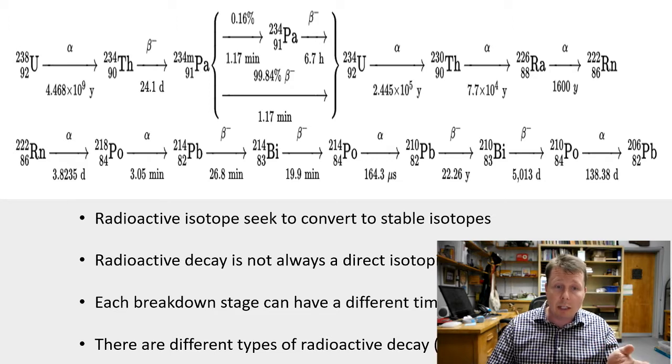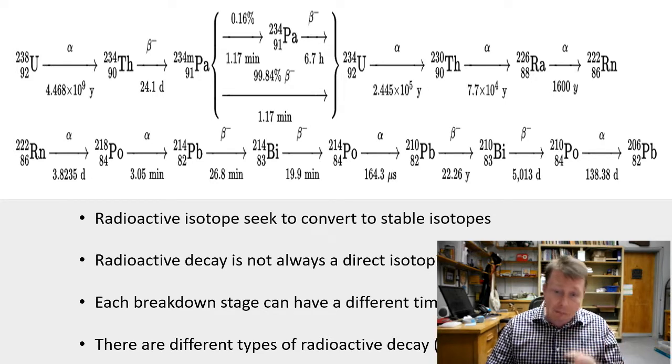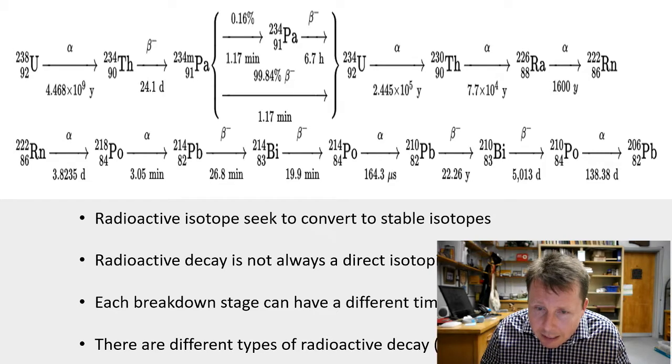For instance, the first one, uranium-238, changes to thorium-234 isotope over 4.468 times 10 to the 9th years. That's going to be a very, very long time. That's probably millions, if not billions of years for this change to occur. And the interesting thing here, though, is that's probably the longest one you have. If you go further across and scan some of these values, you'll see that some of these occur within minutes, hours, a day, and the fastest one is actually going to be, I think it's